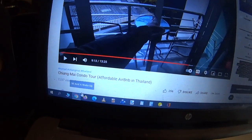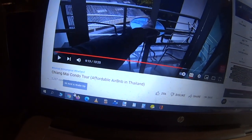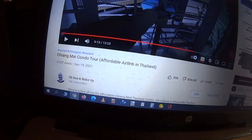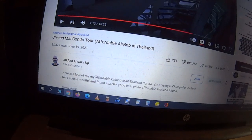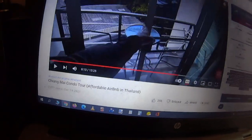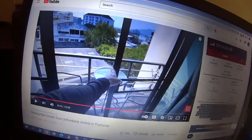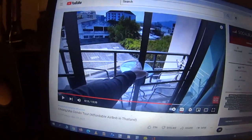We got another one from 30 and a Wake Up, Kevin, who is down there in his Chiang Mai condo. He's got a condo there in affordable Chiang Mai. Remember, it was a little while ago, he ran into the lizard on his bike there as he was heading north from Bangkok up into the main part of northern Thailand. Anyway, man, again, you go to Thailand and it is affordable because their whole monetary system is on a different